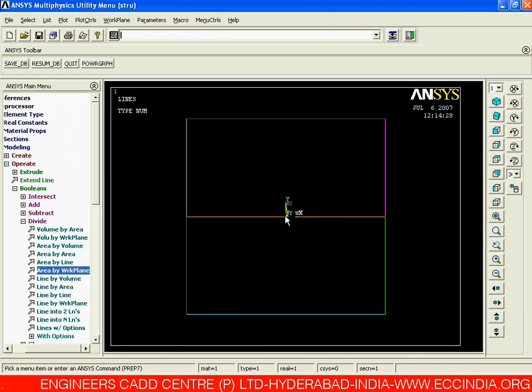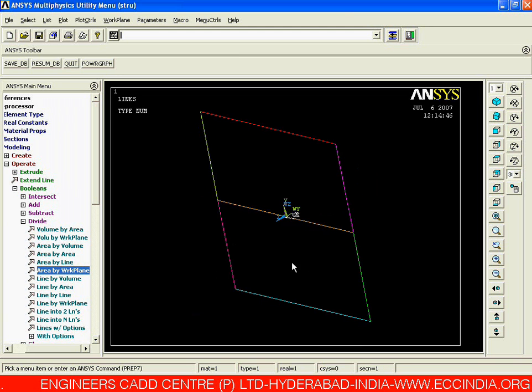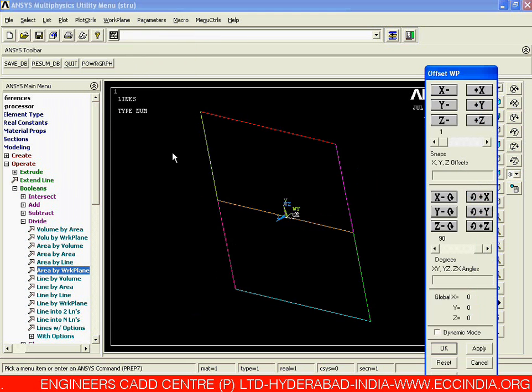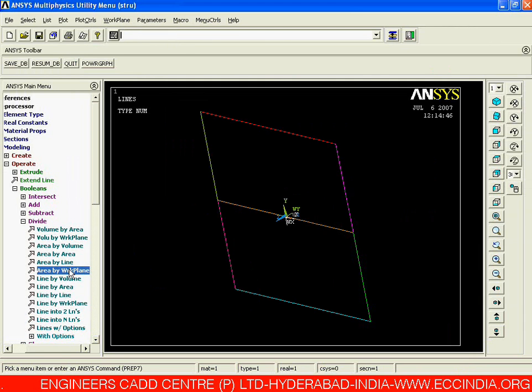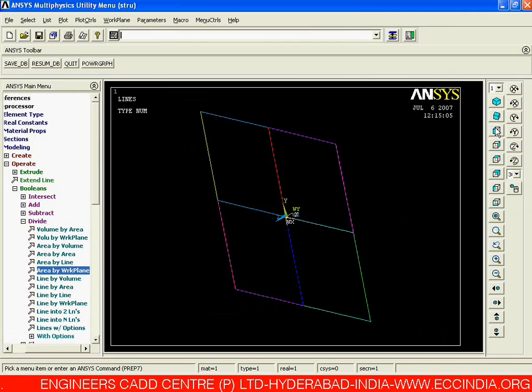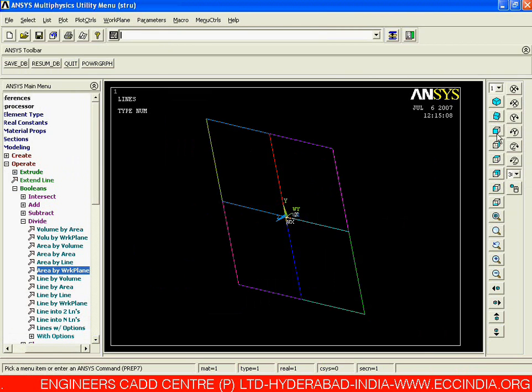Once we have divided it, we need again one vertical cut exactly perpendicular to the original cut we already have. So our XY orientation is aligned with this orientation. If we again rotate with respect to our Y axis by 90 degrees, in either a clockwise or anti-clockwise direction, just say okay, and again divide the area by working plane. Select it and just say okay. Now we have exactly 4